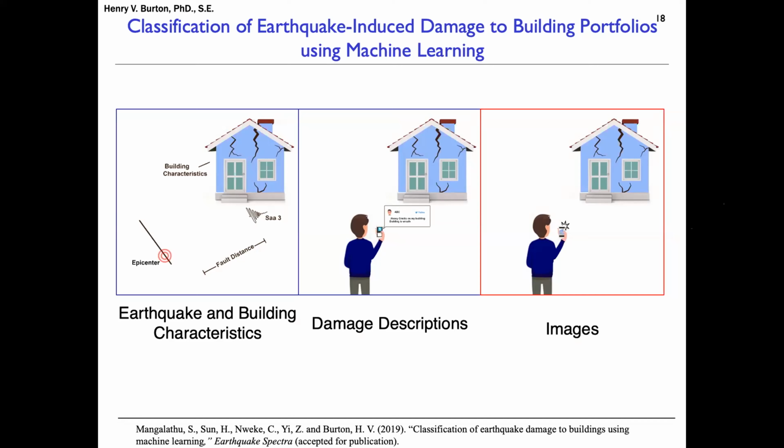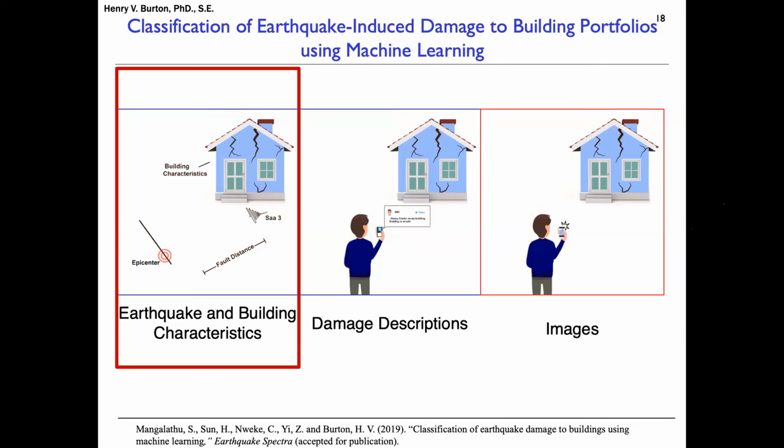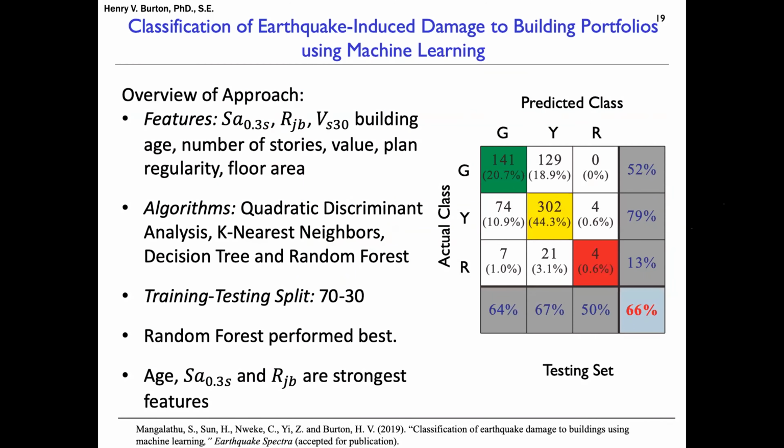One where we used characteristics of the earthquake, the response, and the building. A second where we actually used damage descriptions. A third where we used images. I'm not going to talk about the images one because we didn't develop such a good model for that. We didn't have a lot of images. So starting with the one where we used